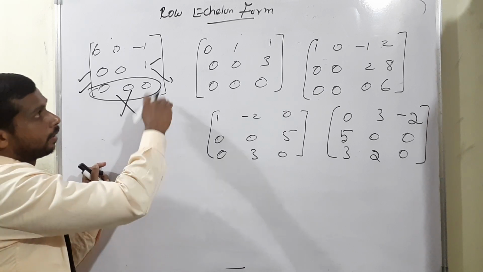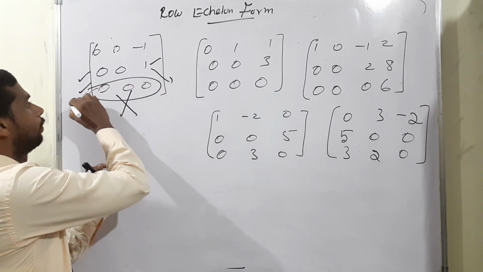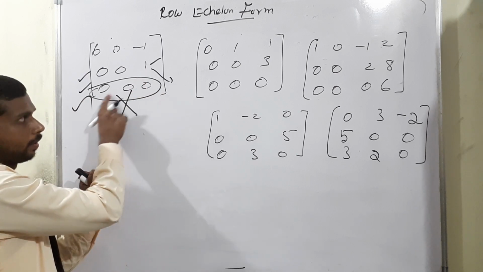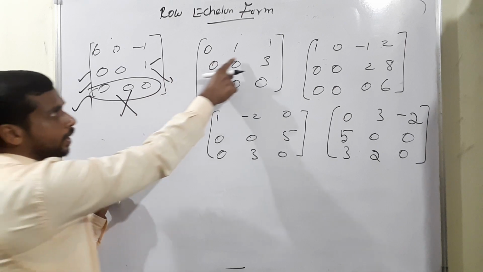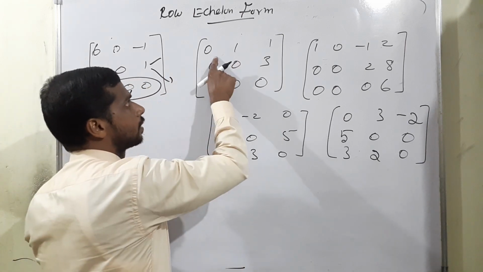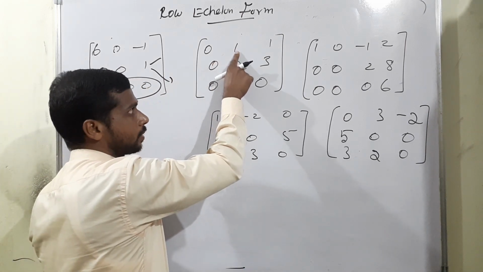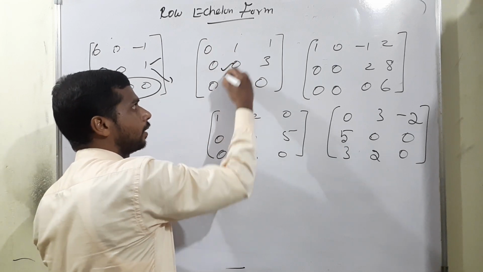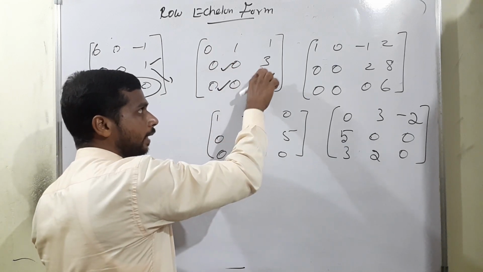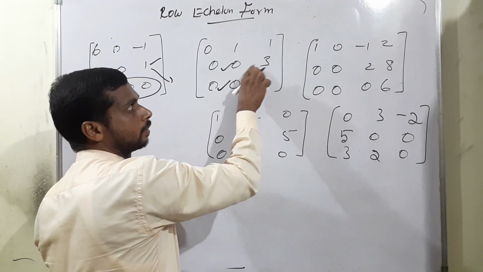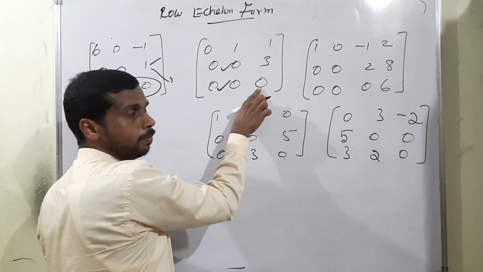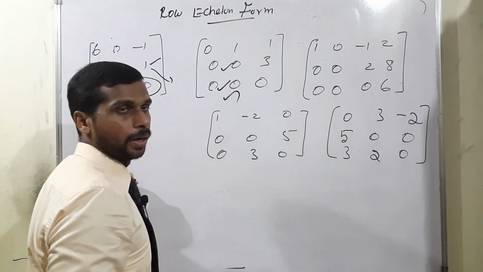That's why I am saying the next one is definitely completely row echelon form, because there the non-zero digit 1 starts, and then the terms under it are also 0. Check it there. In the next row, the non-zero digit starts only in the second column, that's why the first column is completely 0. When starting the non-zero digit, the terms under it will be 0, correct. Then the second term will be considered here. In the second row, the last term is the only non-zero digit, and the terms under it will be 0. Therefore, this is also row echelon form.